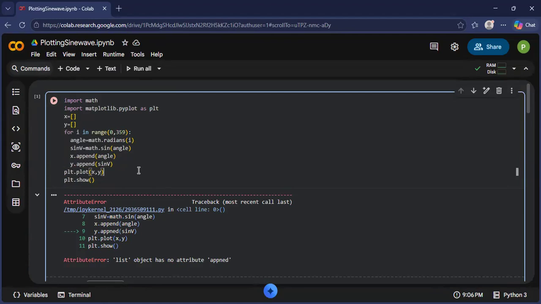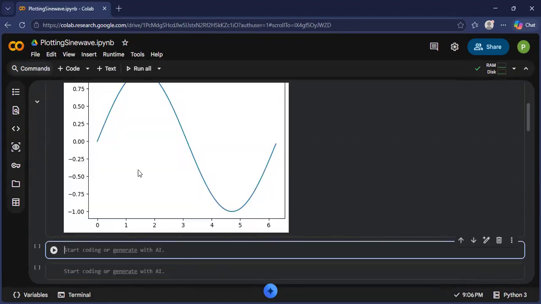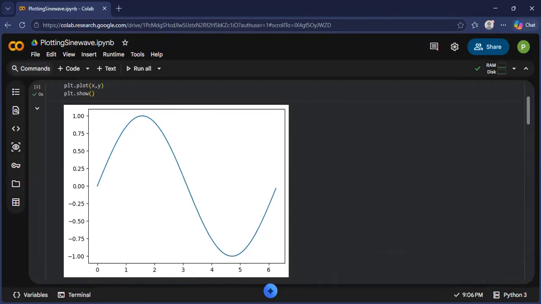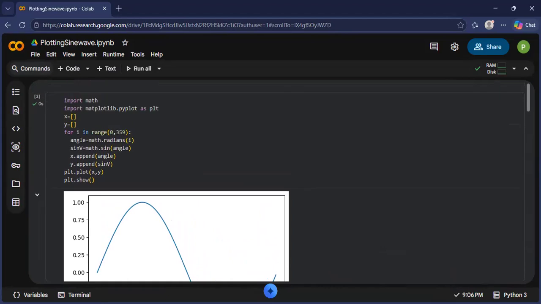So let's rerun it. And this is the sine wave generated. Okay, so the sine wave is from 0 to 359. Okay, so you understand the sine wave and cosine wave are periodic with a period of 2 pi. So 2 pi is basically in radians. So if we write them in degrees, then